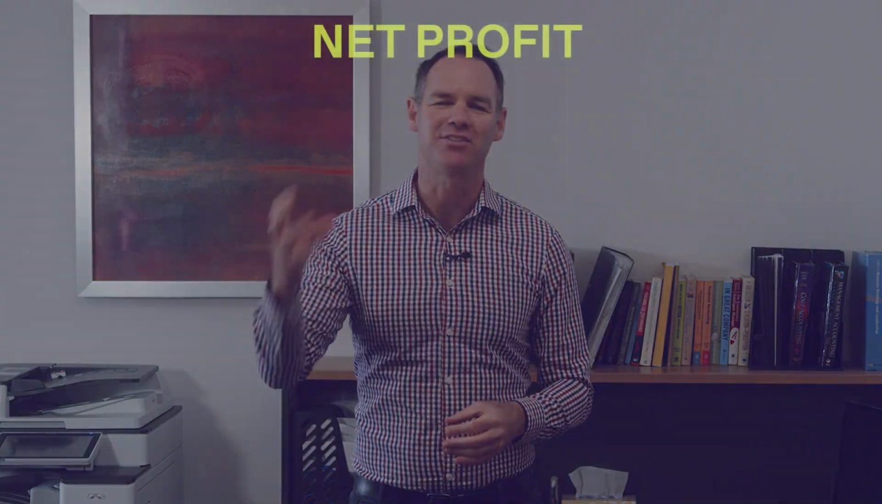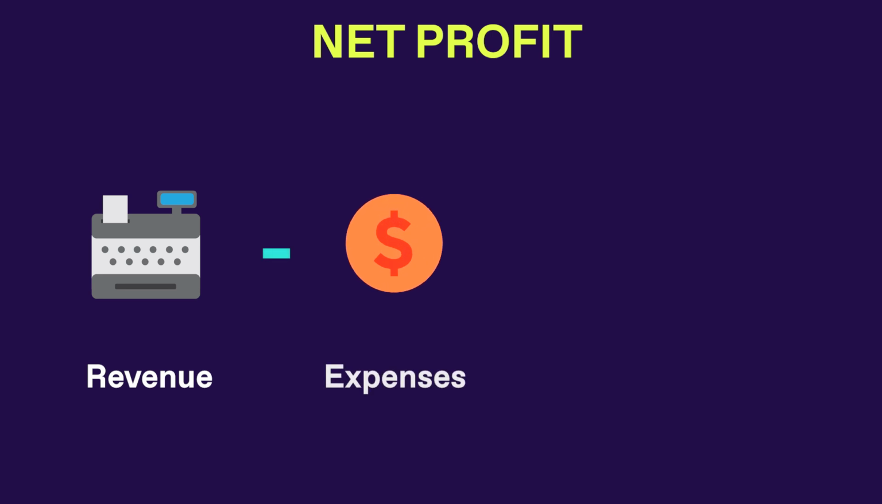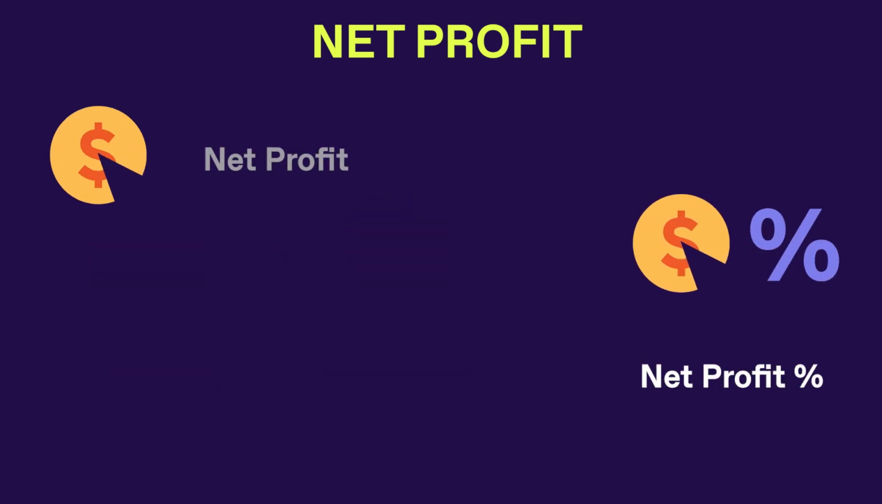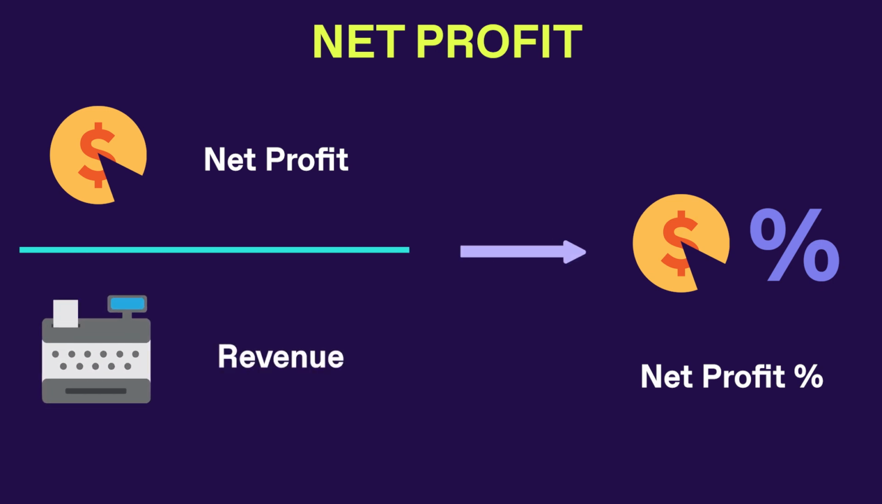Net profit. Probably the one definition you don't really need too much detail on. It's your revenue minus your expenses gives you your net profit. And your net profit percentage is your net profit divided by your revenue. In more detail, what you're most likely going to see and what you want to see on your profit and